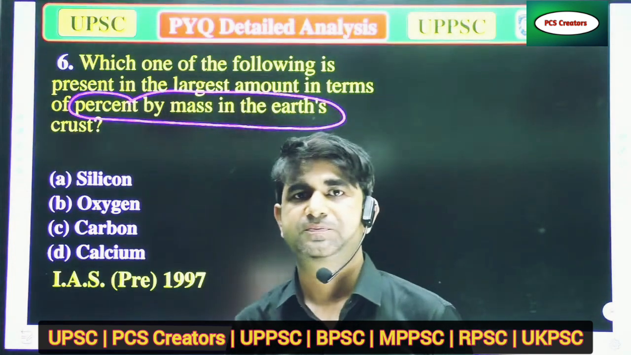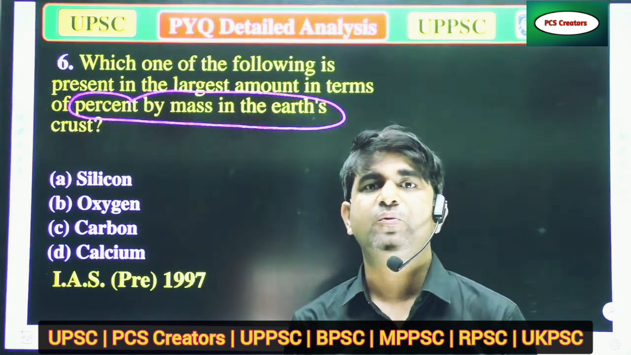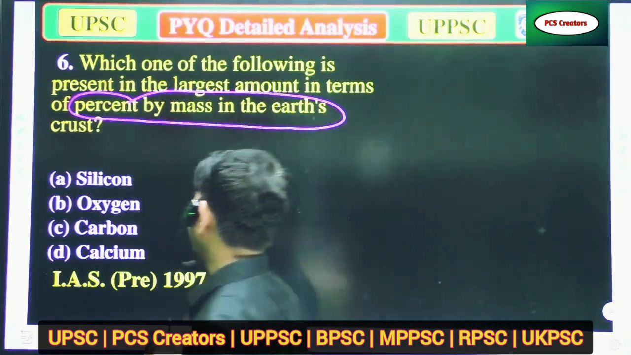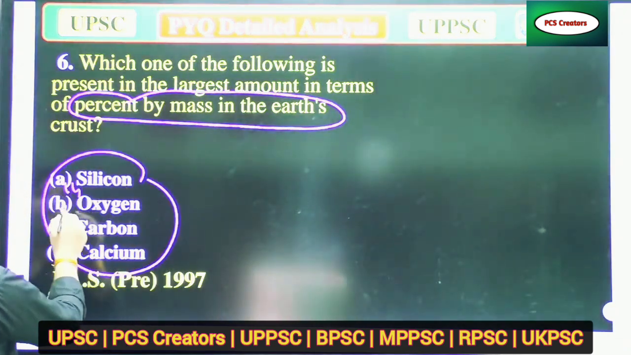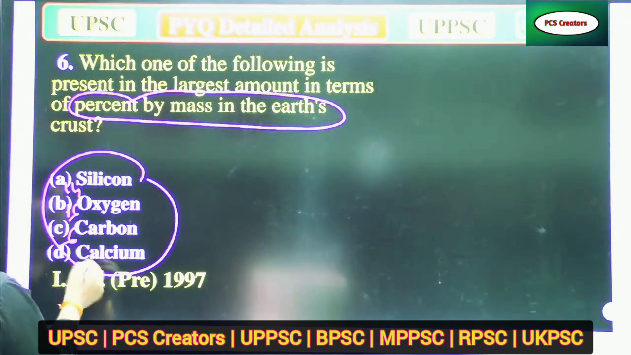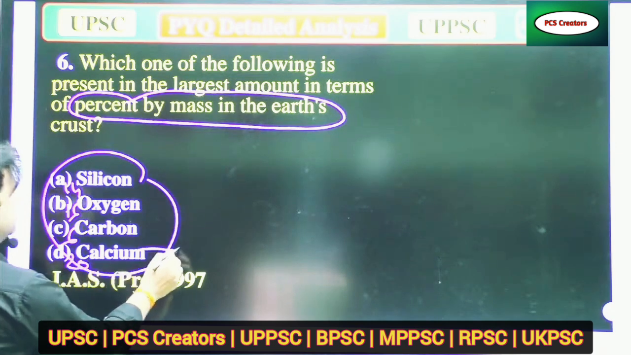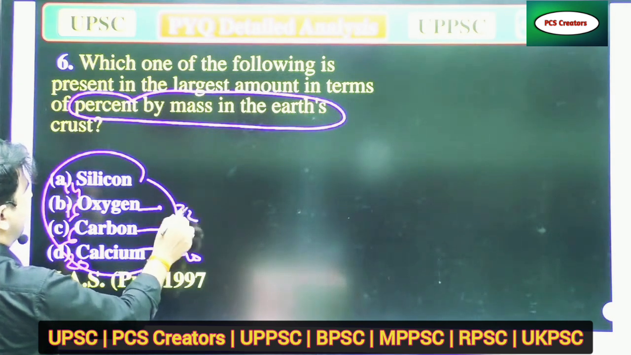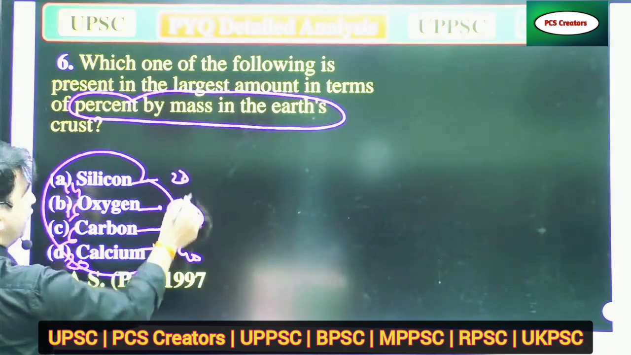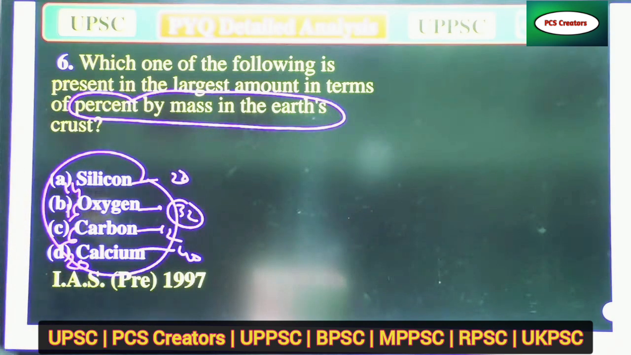We are talking about the mass. Silicon has atomic number 14, oxygen 16, carbon 6, and calcium 20. Calcium's mass is about 40, carbon has 12, oxygen has 32, and silicon is about 38. So which has the maximum mass? Calcium has the maximum mass. But when we talk about the